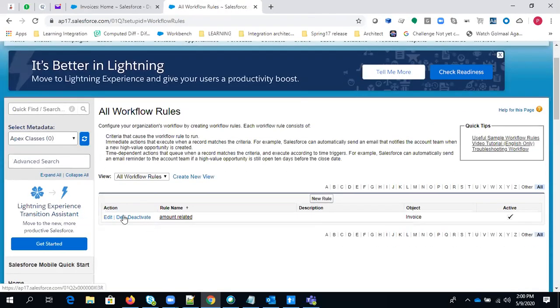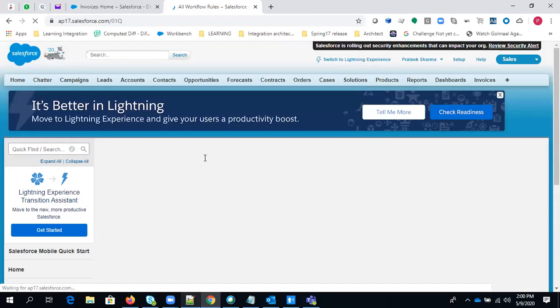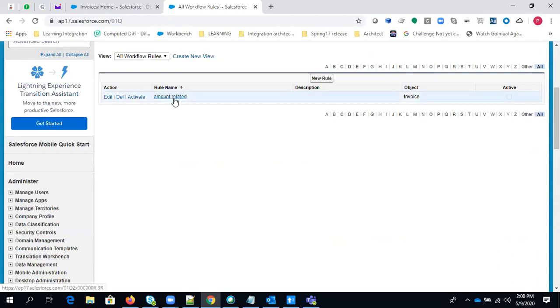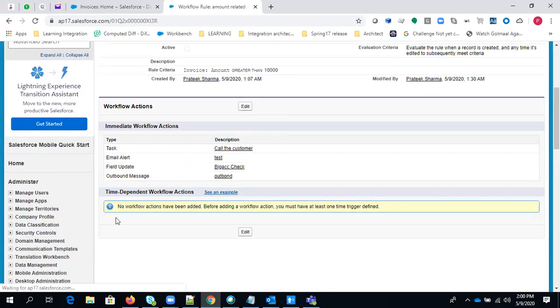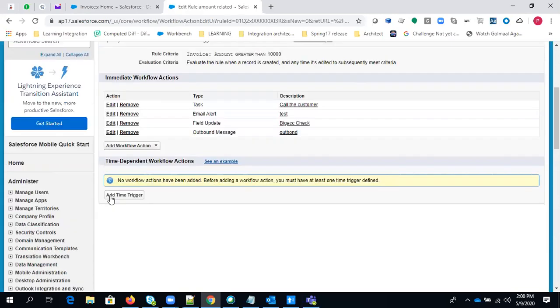We have this workflow. It is still activated. So now we can deactivate it because we can't add time dependent actions on an activated workflow. So now you can add it here. No workflow action has been added. You must have at least one time trigger defined. Yes, we'll do that. Let's just edit it, add time trigger.